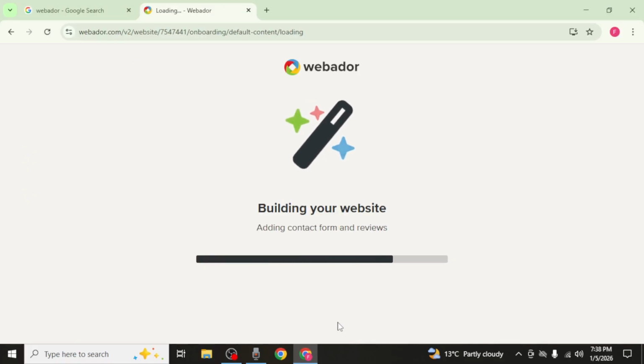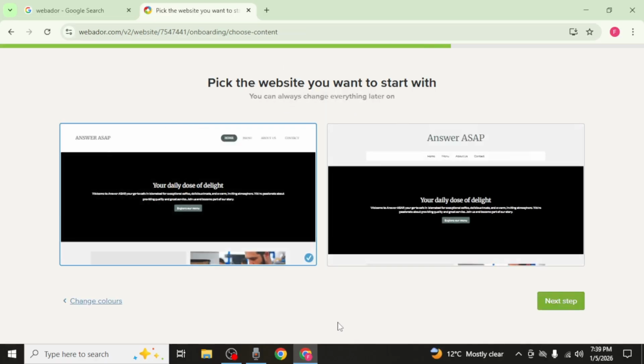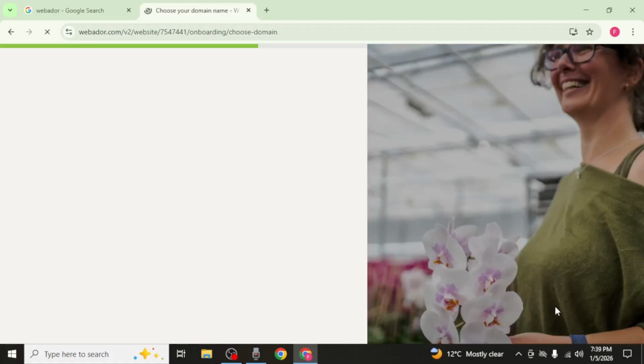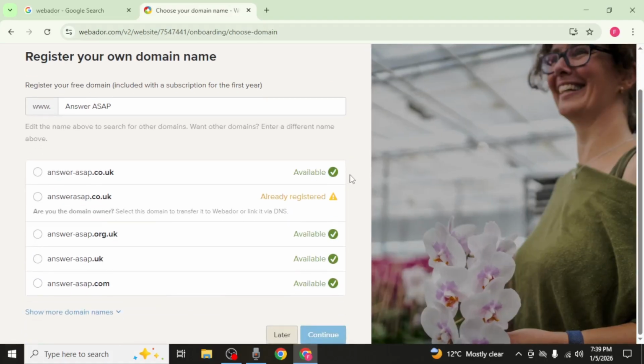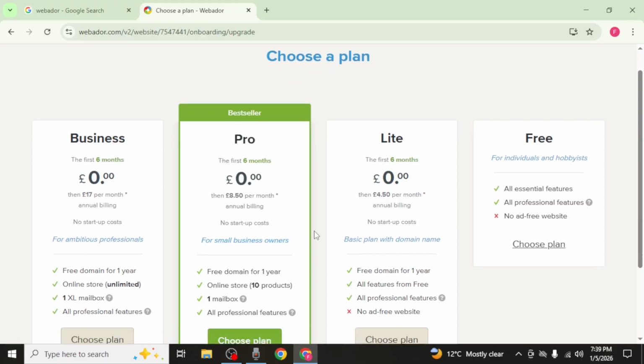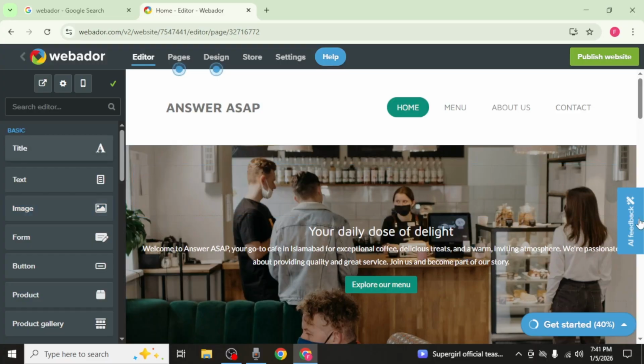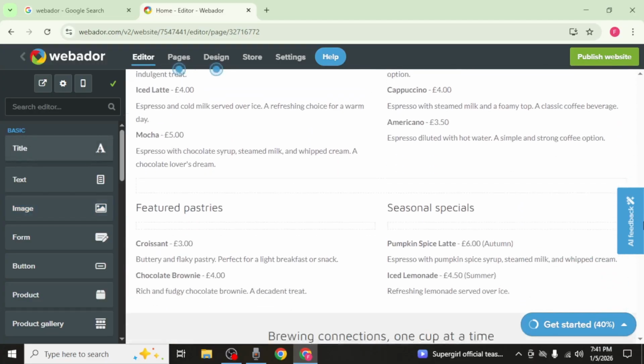Webador will then create your website automatically using the selected settings. You may also be asked to choose a style for your website and whether you want to register a domain now or later. Finally, select a plan that matches your needs. Once completed, your website will be created successfully, and you will be able to see it along with the pre-filled